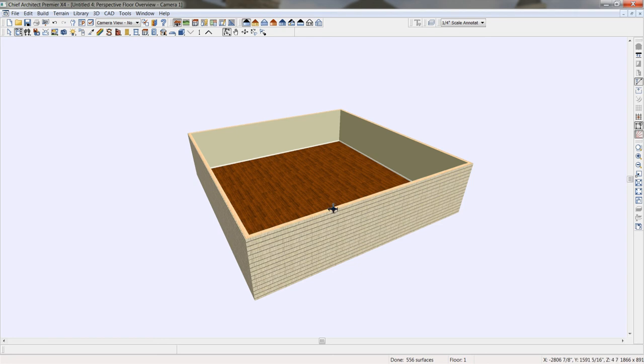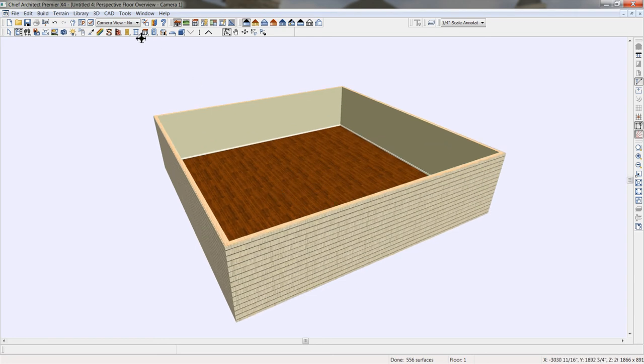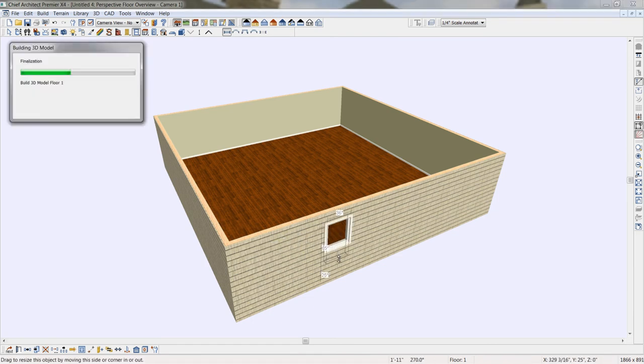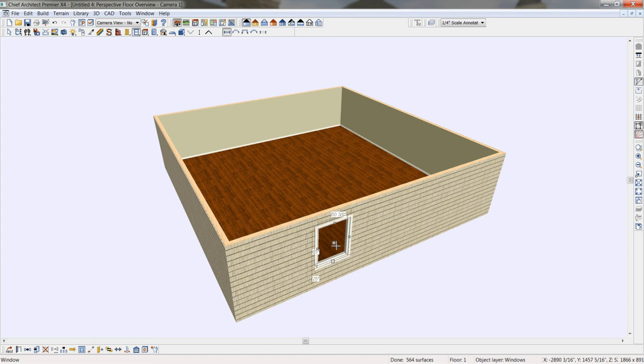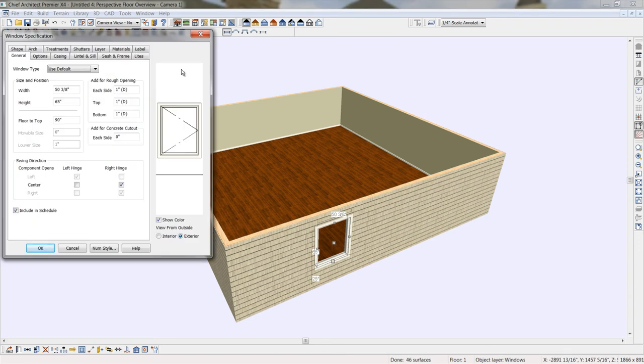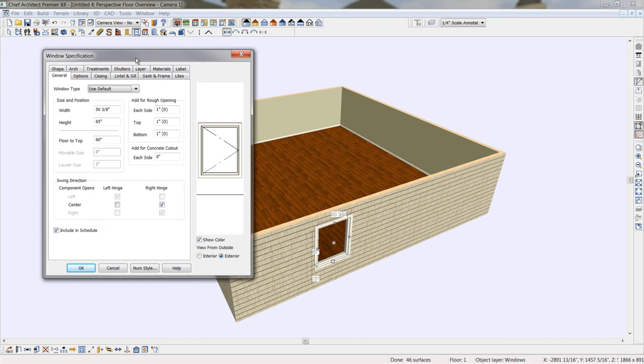This is more than just a 3D design because we can actually come in here and continue. By selecting our window tool, I'm going to select and place that window in the wall. You can move that around, you can resize it, reposition it, and every object in Chief Architect has the ability to be customized. Simply double-click on it, and you'll open up an information box that has a variety of tabs